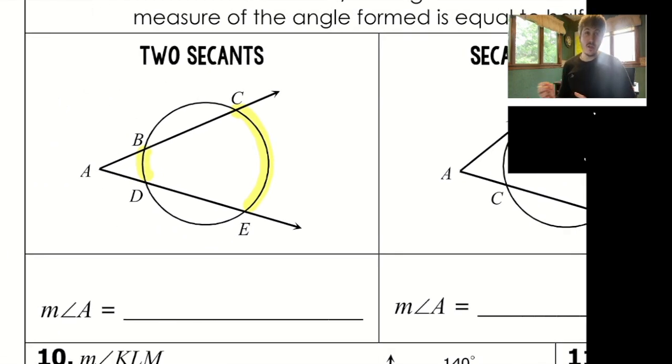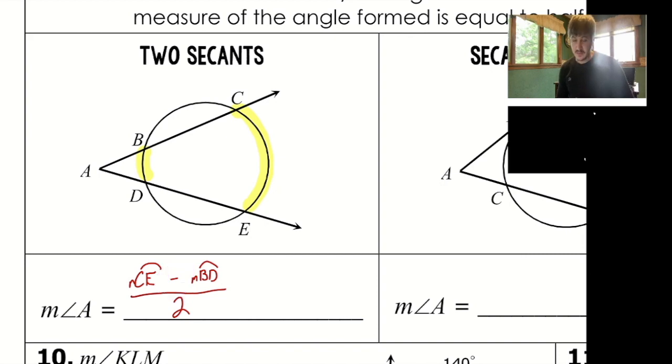You're going to take the larger arc, CE, and you're going to subtract the smaller arc, BD. And you're going to divide by 2. That's very similar to what we were doing yesterday and at the beginning of today. But you'll notice the big difference is